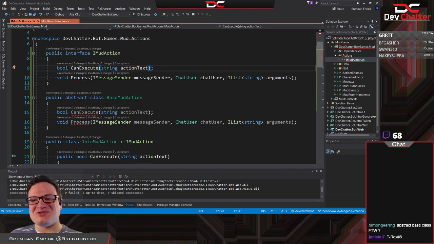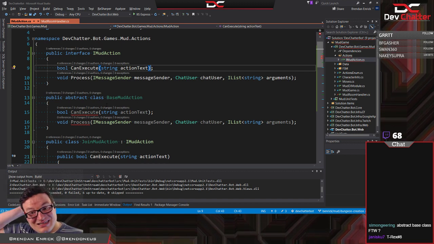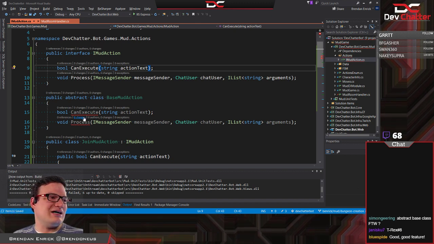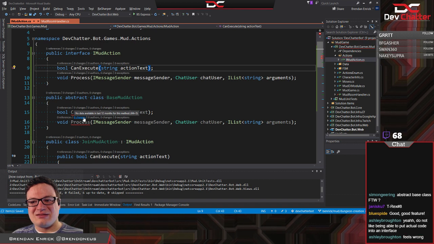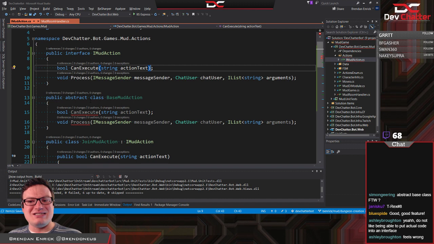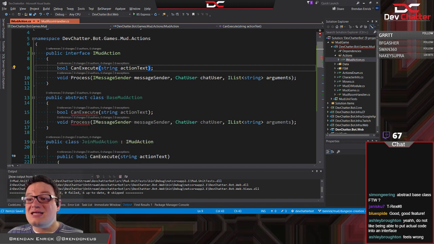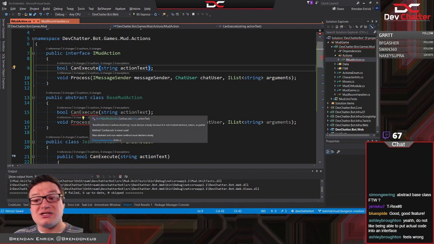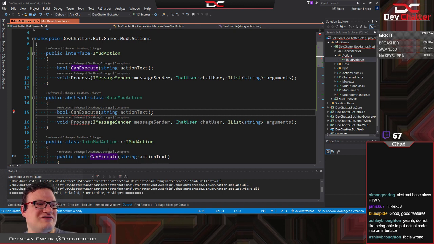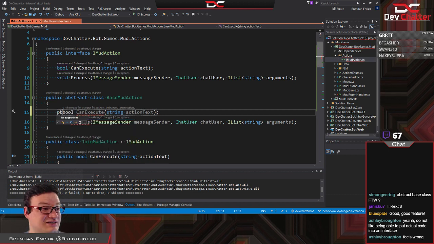So you don't have to do the abstract class like this and change it. So, abstract base class for the win? Sure. Yeah, it could be for the win. Yeah, so the default implementation in an interface is a dangerous suggestion. You have to be careful about it. Yeah, it feels weird. I agree, Ashley. It feels weird. I am not sure how I feel about it exactly either, but we'll see how it goes.